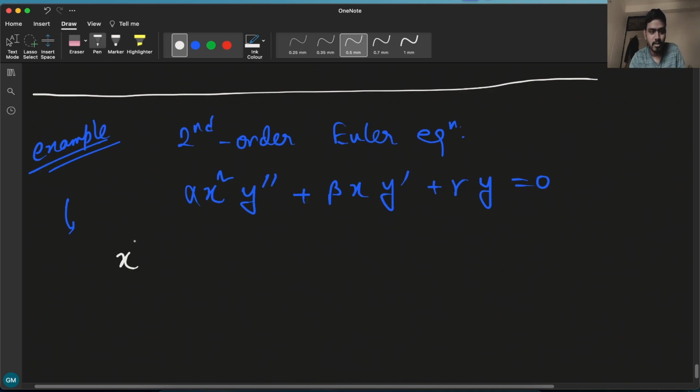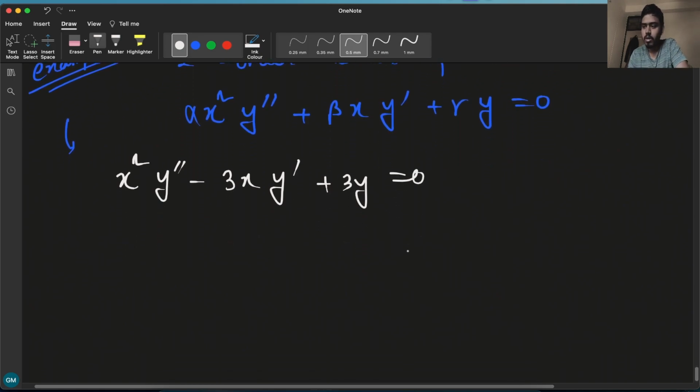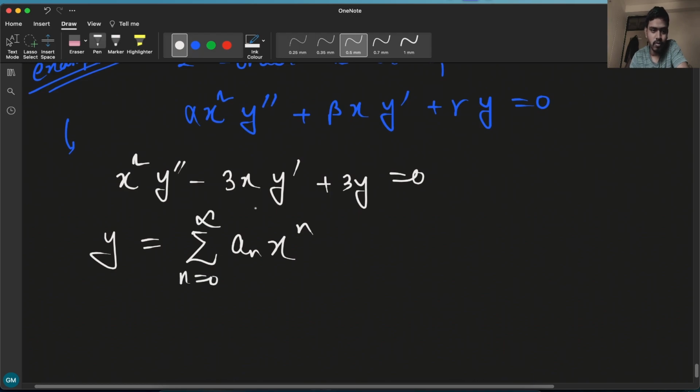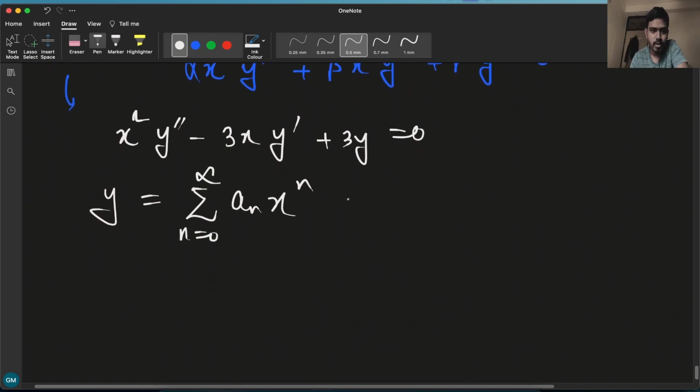It's x squared y double dash minus 3x y dash plus 3y equals 0. Similar, same thing I will do. I will write y as a summation an x to the power n. You can try to solve it yourself also. Same process. I'll calculate y dash, which is